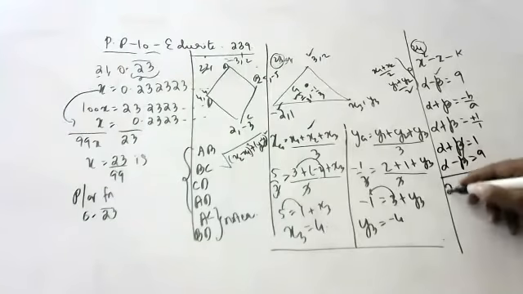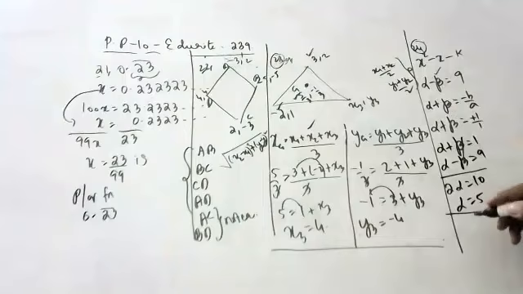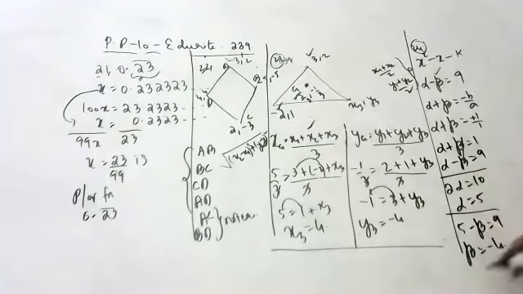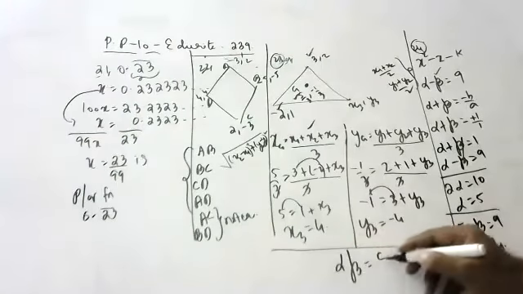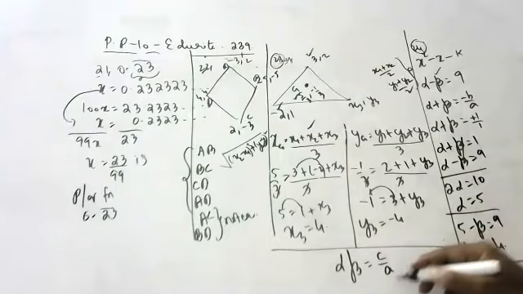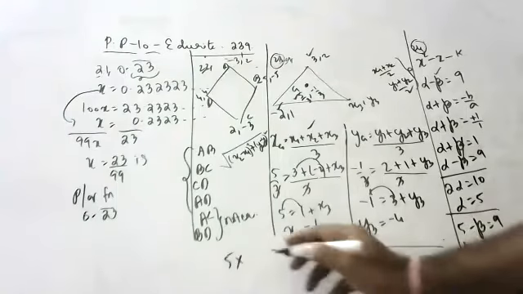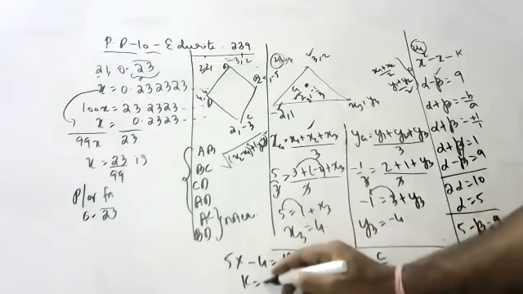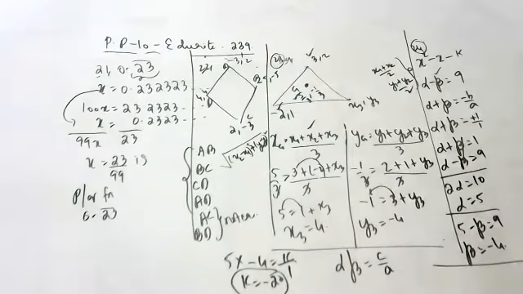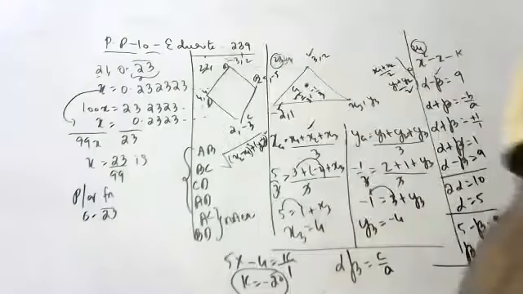So 2 alpha is equal to 10, and alpha is equal to 5. If alpha is equal to 5 and alpha minus beta is equal to 9, then 5 minus beta is equal to 9, so beta is equal to minus 4. But now they are asking for k. We know the alpha beta formula is c by a. Alpha is 5, beta is minus 4, so 5 into minus 4 is minus k by 1. So k is equal to minus 20, children. For the 24th question, k is equal to minus 20.